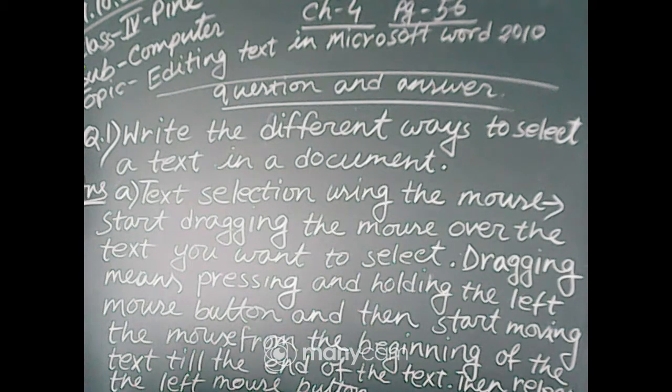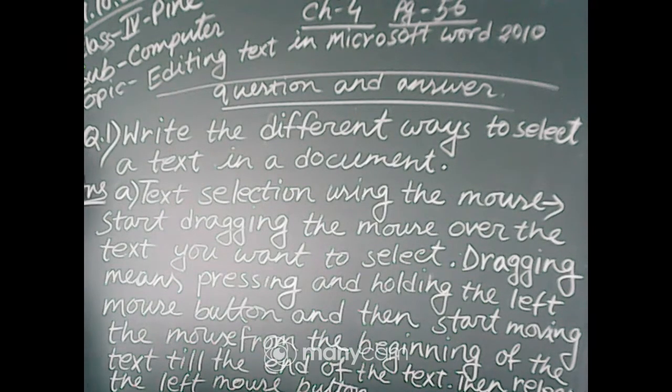Then release the left mouse button. Okay. Now the next way, text selection by keyboard and mouse both.